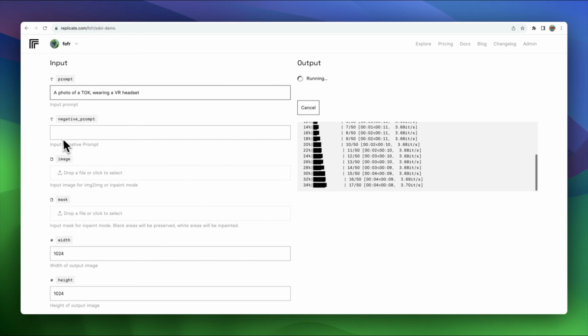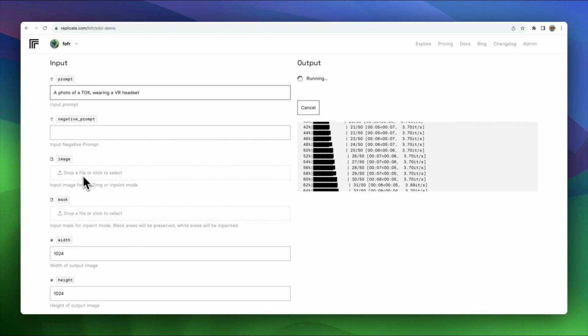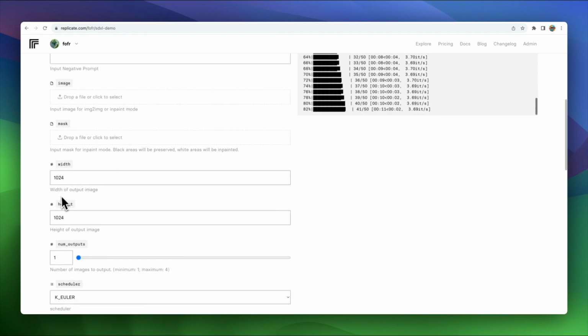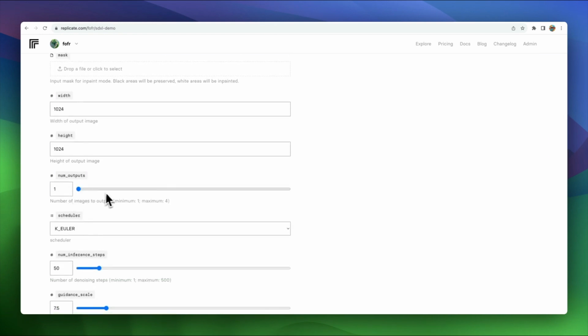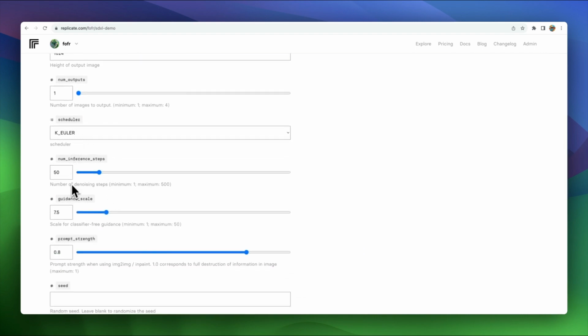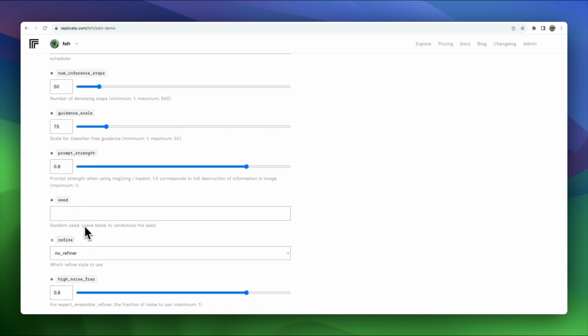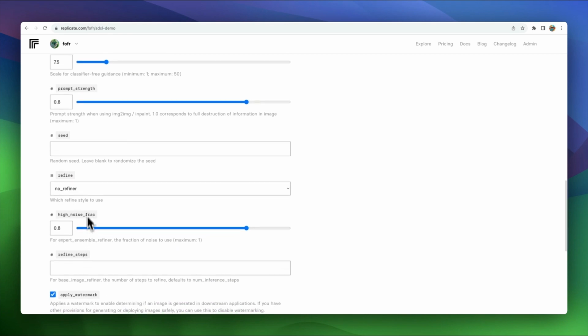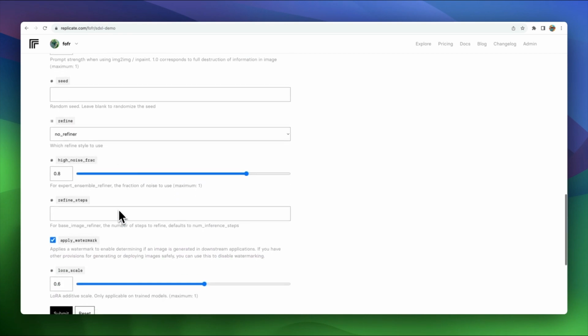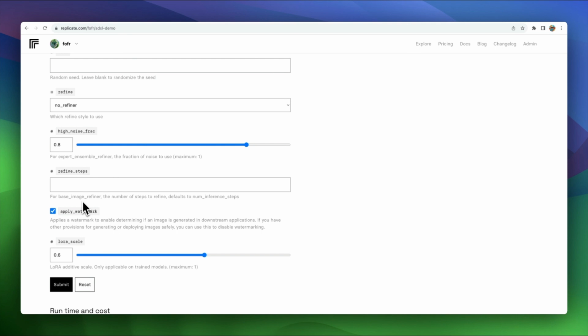Other parameters you can pass in: negative prompt, image for image to image, mask and image for inpainting, width and height, number of outputs, which is 1 to 4, scheduler, number of steps, guidance scale, prompt strength, which is used in image to image, seed, if you want to keep that the same between generations, the refiner, and whether you want to use a watermark or not. And then this is a really important